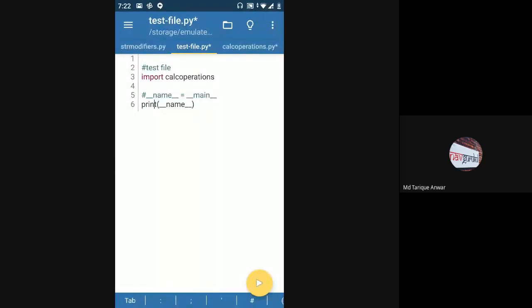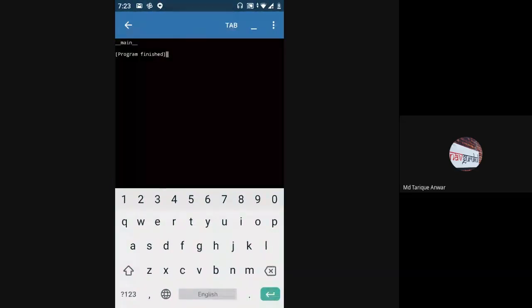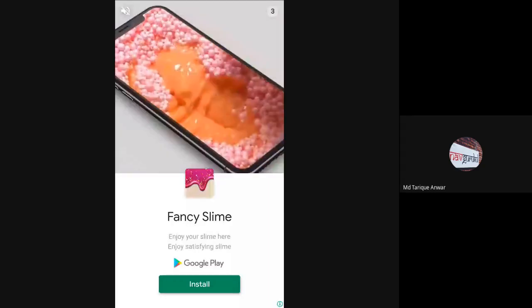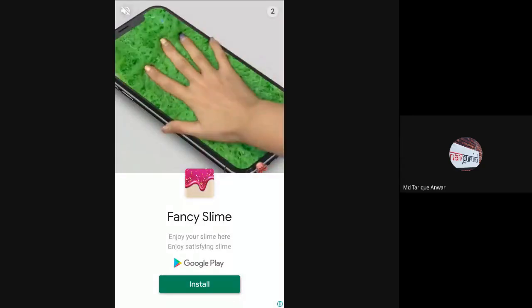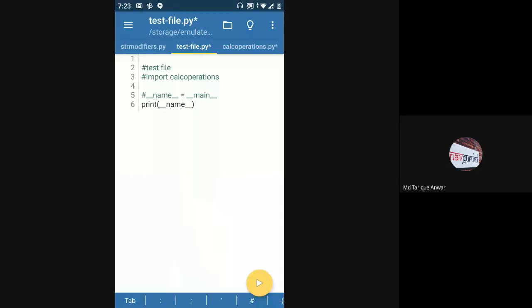Then when you are executing a Python file, let me just comment it out. Whenever I'm running any Python file, the name variable for that particular Python file would be __main__. It will be __main__ for whatever file you're currently running.